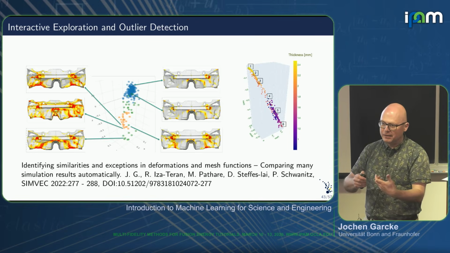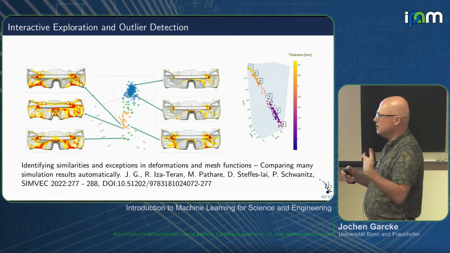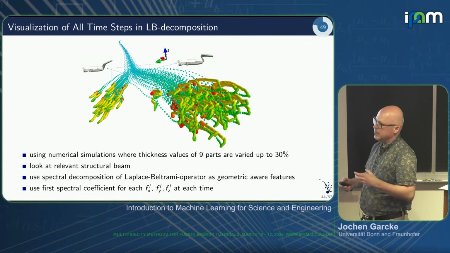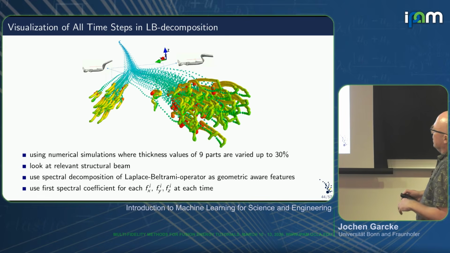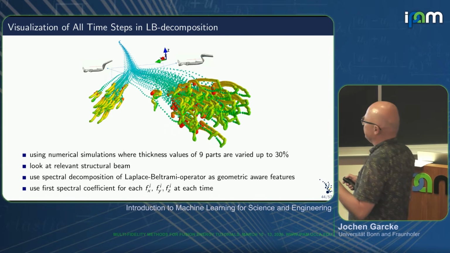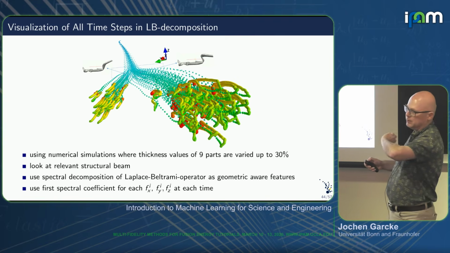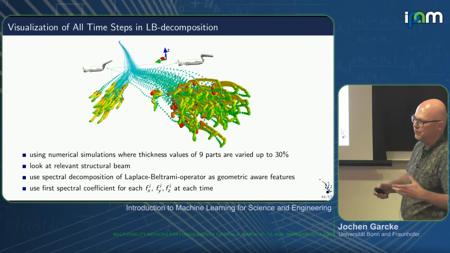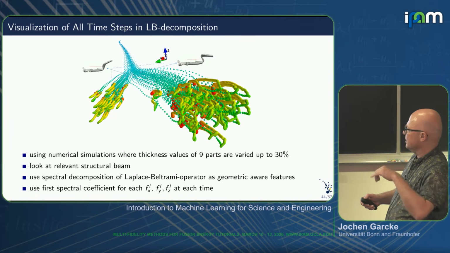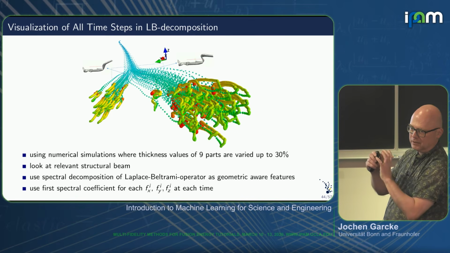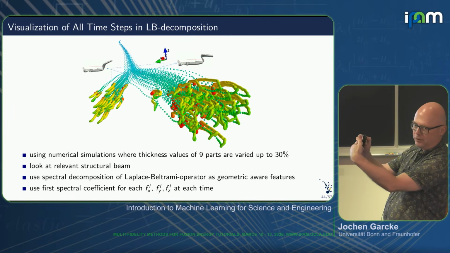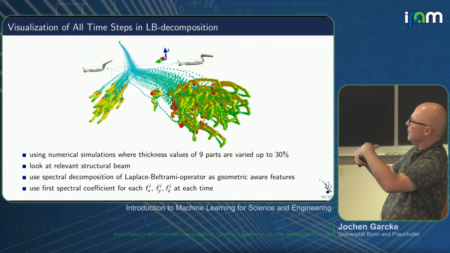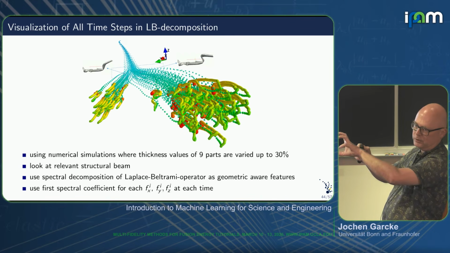You can start with PCA, but that usually is not the best way, so we have used diffusion maps or our own procedure. In the same setting, what you can also do is, again, each point is one simulation, but now over time. Here we used not a dimensionality reduction, but a different feature representation. It's based on the Laplace-Beltrami operator of the surface. We use a spectral decomposition of the Laplace-Beltrami operator, project our mesh function onto the spectral decomposition, and visualize here the first three spectral coefficients.